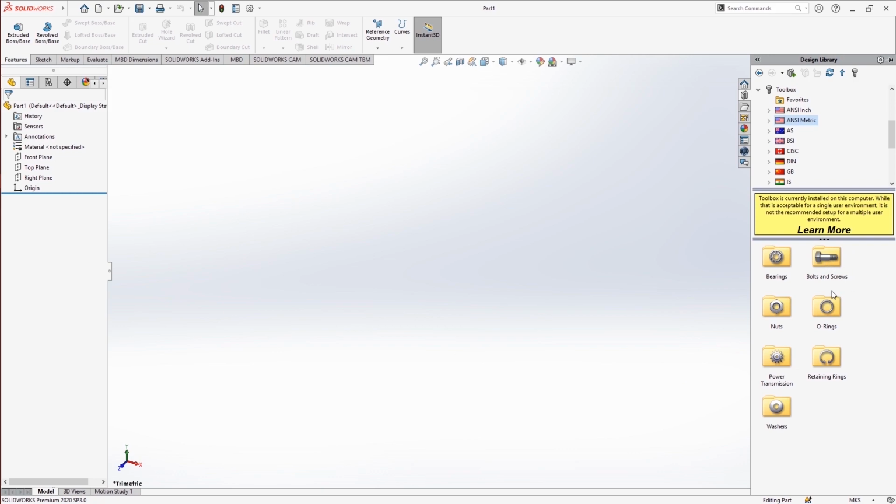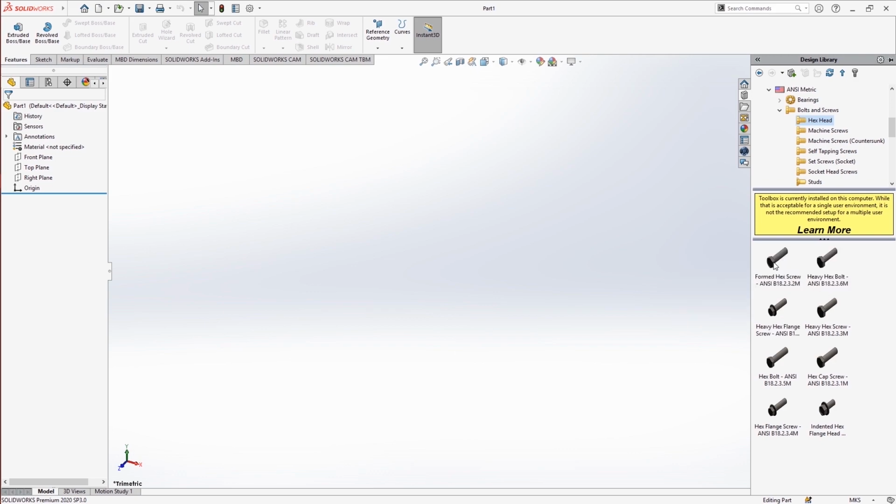For example, if I need bolts and screws, I can just go for any of them which I like, and you can just drag and drop here with what you need. View palette gets active when you work on something. Next is the